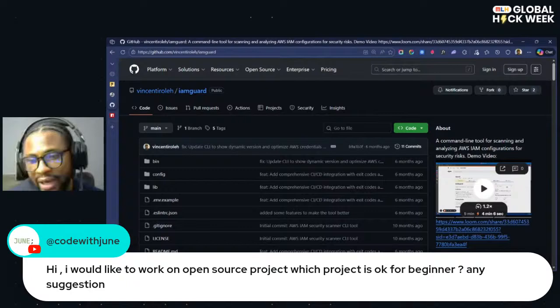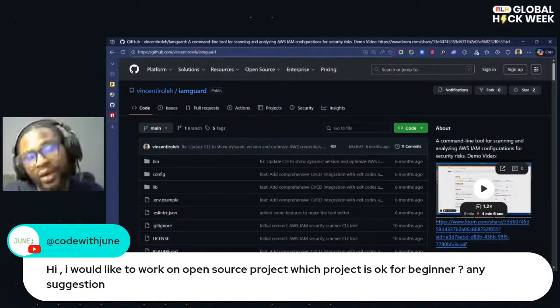Think about Chromium. It's a open source web browser. Even Microsoft Edge is built on top of Chromium, which is an open source project, right? So a whole lot of open source projects. Linux is open source, so anybody can use Linux, configure it the way they want, and build their own type of Linux.